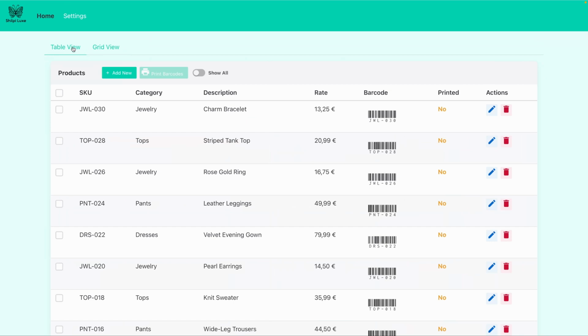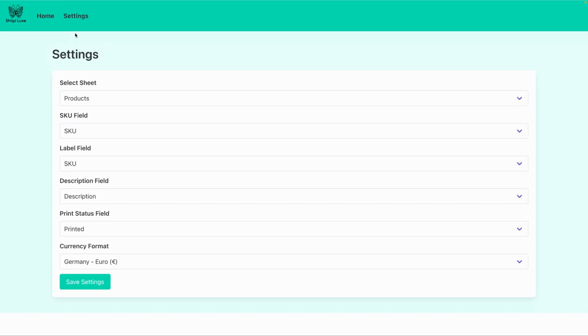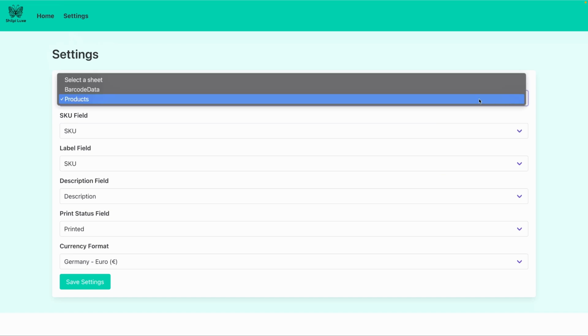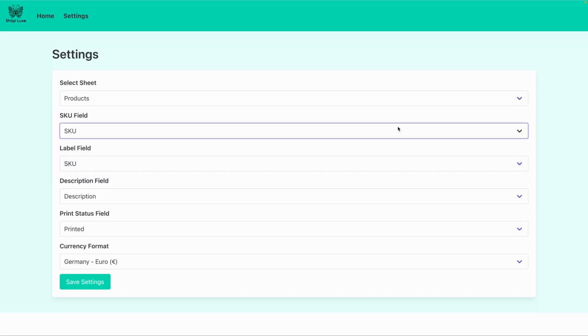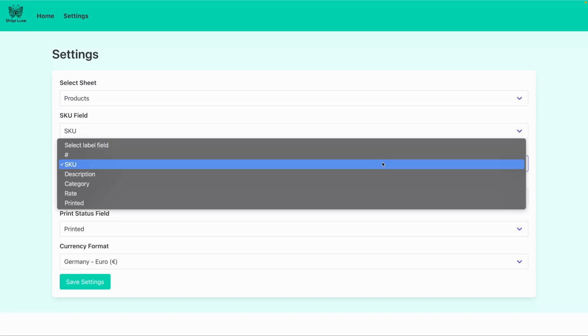Before we proceed, let's configure the app by heading to the Settings tab. Here, you can customize how the app interacts with your data. Start by selecting the Google Sheet where your product records are stored. In this case, I'll choose Products. Next, you can map the fields. I'll set the SKU field to SKU,